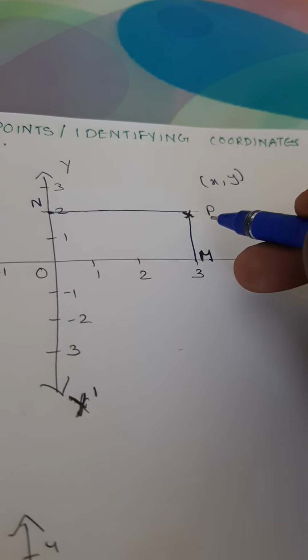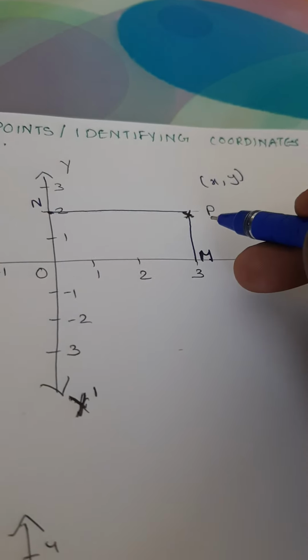Okay, so we have to find the x and y coordinates of point P. So what will be the x coordinate here? If I look at the definition, the x coordinate will be the distance perpendicular to the y-axis and along the x-axis. So the distance perpendicular to the y-axis is actually PN, right? And it is along the x-axis, or parallel to the x-axis if I say. Okay, so the x coordinate will be the distance PN. And what about the y coordinate? The y coordinate is the distance perpendicular to the x-axis, that is PM, which is also parallel to the y-axis according to the definition, correct? So PN comma PM.